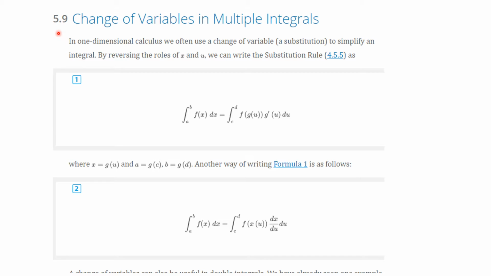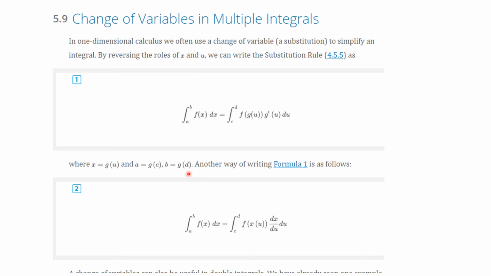By way of introduction to the topic of change of variables in multiple integration. In one-dimensional calculus, we often use a change of variable, a substitution, to simplify an integral. By reversing the roles of x and u, we can write the substitution rule this way. The definite integral from a to b of f of x dx was the definite integral from c to d of f of g of u, g prime of u, du. This was the substitution, where x is equal to g of u, and a equals g of c, and b